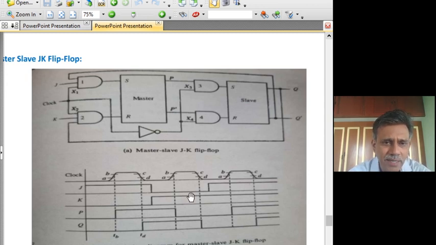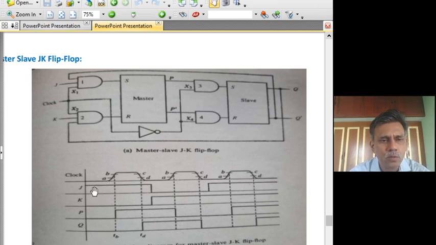Now, this is the timing diagram that illustrates how this master slave JK flip flop works. Well, let us assume that the clock is 0. When the clock is 0, then a 0 and 0 at these two AND gates totally disables the J input, K input as well as what is fed from the Q and Q bar. Both S and R of the master will be 0, 0 and master will not change. So, when the clock is 0, there won't be any change in Q.